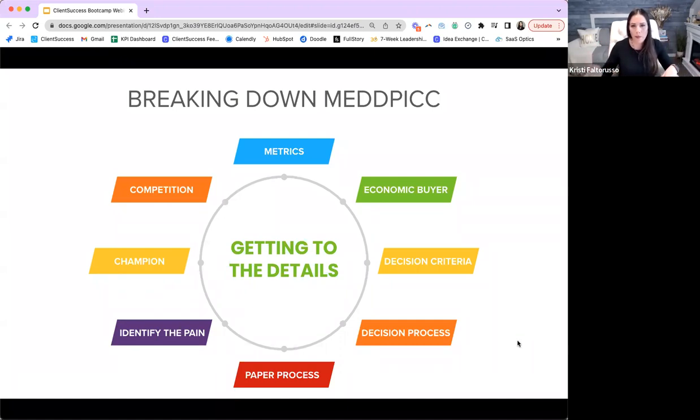But we use MEDDPICC. This is something that I've used at several organizations now. It works for the process that I orchestrate here. And so this is what we've stuck with. So the M stands for metrics. It's making sure that you have a clear understanding of the metrics that your customers are measuring to determine their success. Now, I will tell you, it's probably the hardest thing for most people to get to, and this is